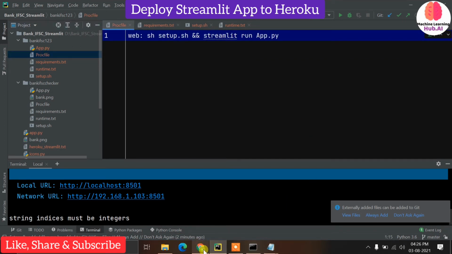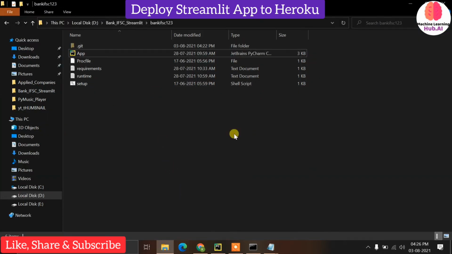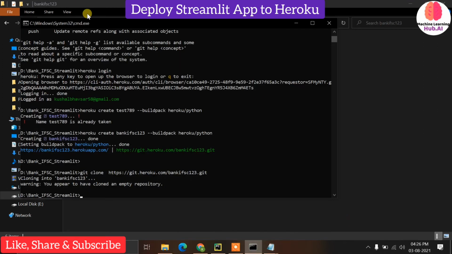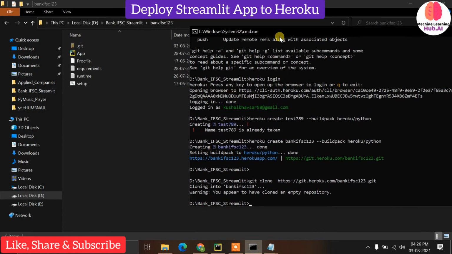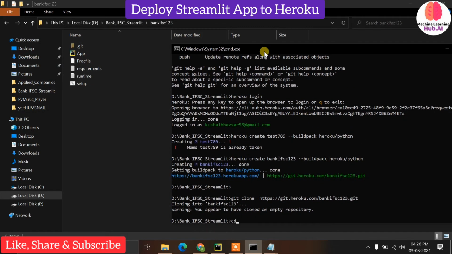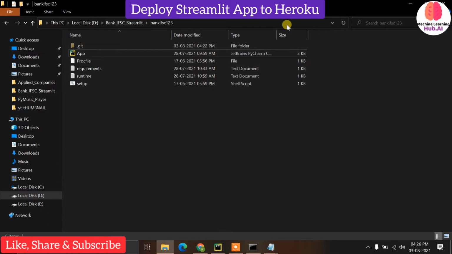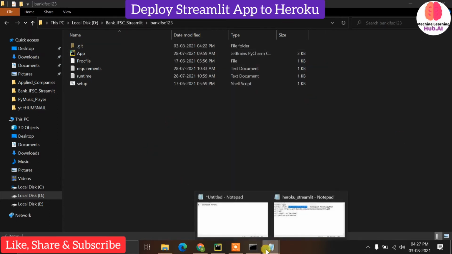Now come back to this directory. We need to go into this directory: cd and our project name, bank ifsc 123. Okay, now I am in this directory and I need to follow these commands.